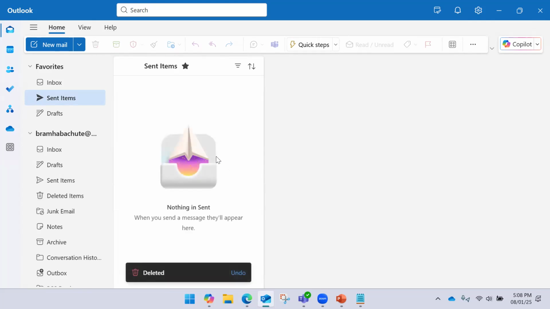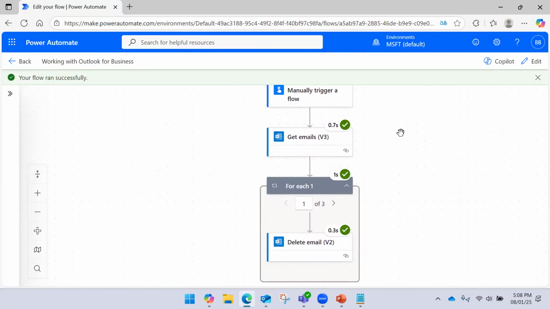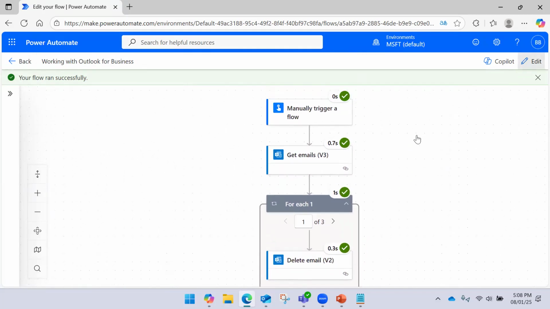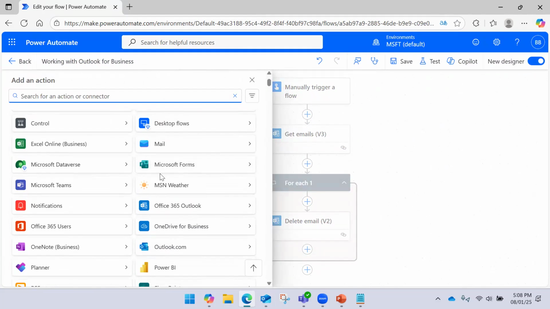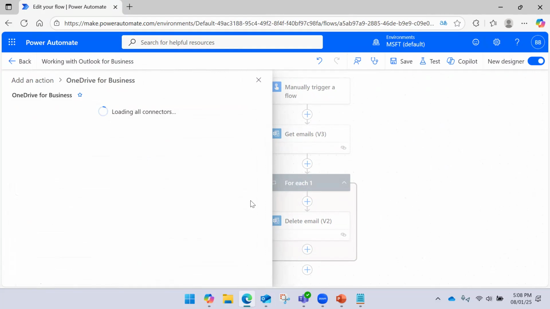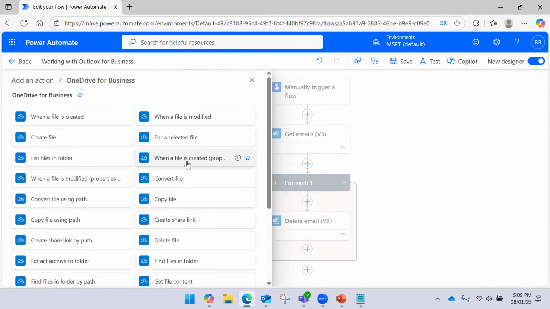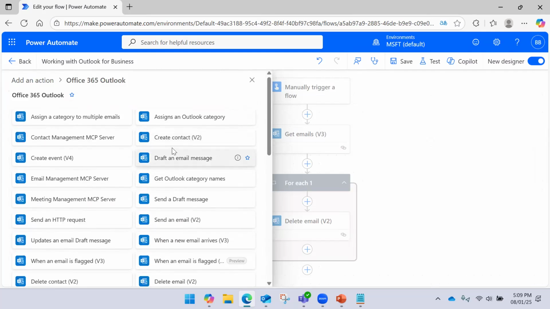Right. So I showed you how to send an email, how to reply, how to delete. Even if you want to forward the email to someone, you will be able to do that. But in case you have to forward the email, before that you need to send an email or you need to get an email in your inbox. So let me, okay, this is the action for OneDrive. I should select Outlook and send an email